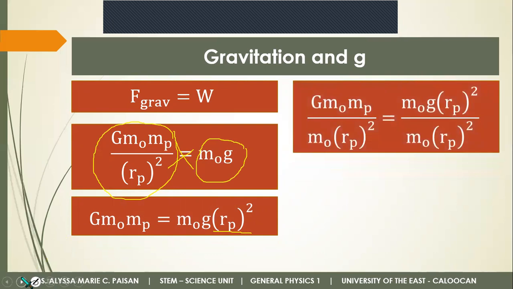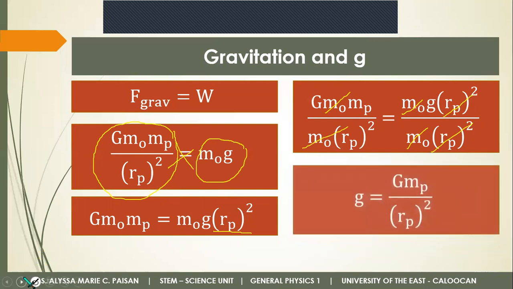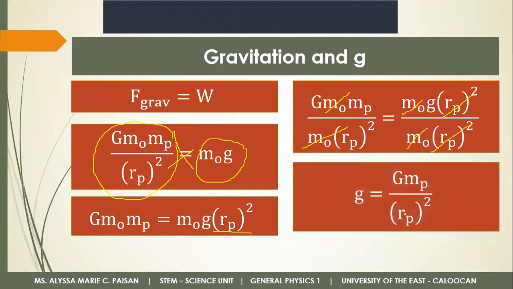So to isolate the g, or the acceleration due to gravity, on the right side of the equation, we divide both sides by MO and RP squared. Ayan. So we can cancel this. And then we are left with, ito pa, makakancel din yung MO. So we are left with the equation g is equal to G MP over RP squared,